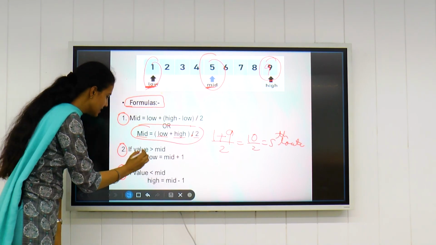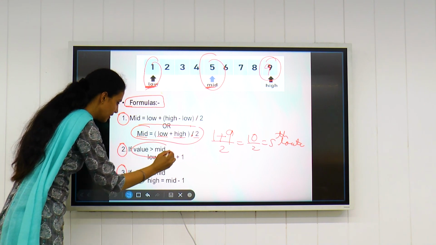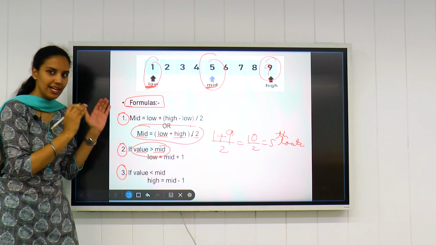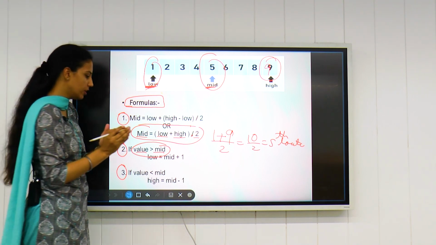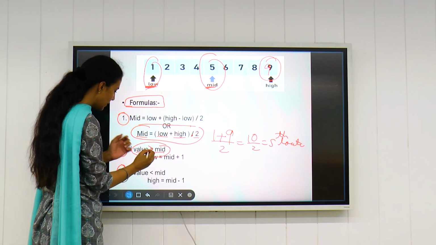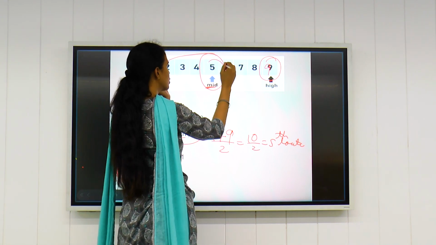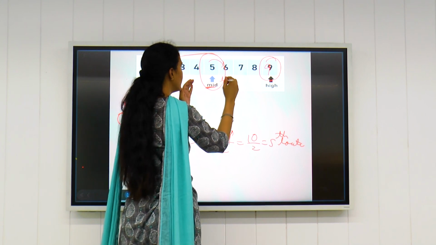The second formula is that we need to compare whether the value we are searching for is greater than or smaller than the middle value. If the element is greater, our lower value shifts to the next element, mid plus 1.